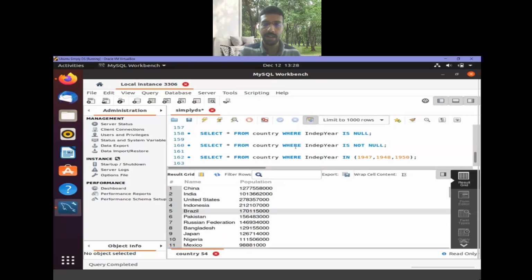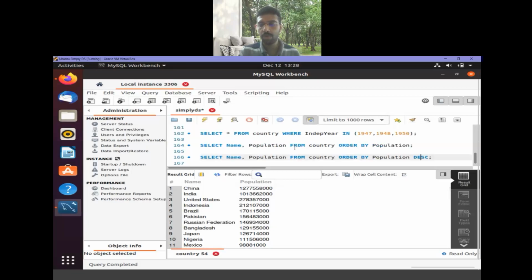Like that I can sort either in ascending or descending order. Now this will have around 190, 200 countries, but I just want to see the top 10 countries with maximum population, or the countries with minimum population which are not 0.